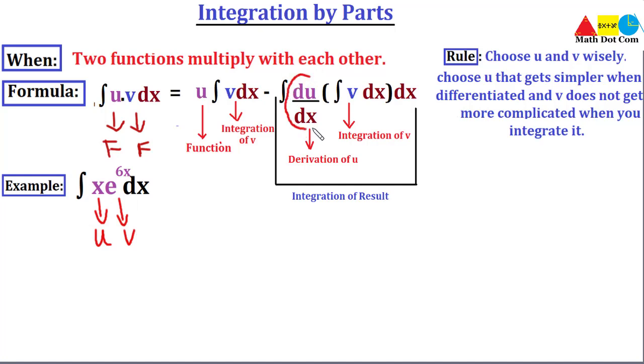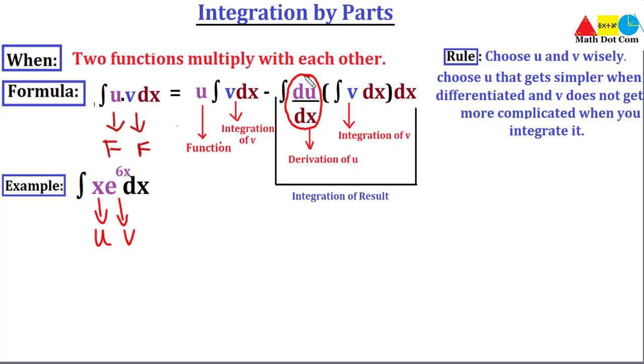Why, I will tell you. Because when I differentiate u, or when I differentiate x, I will get 1, and that makes the integration easier, as you have removed one function from there and then you will only have v, and it will be easier to find the integration of a single function. Because our basic motto is to solve the two functions that are multiplying with each other, not to create again two functions in multiplication with each other.